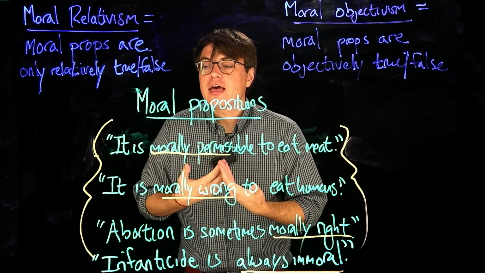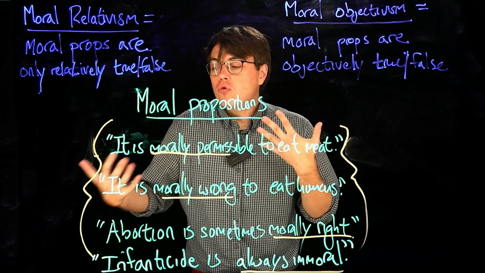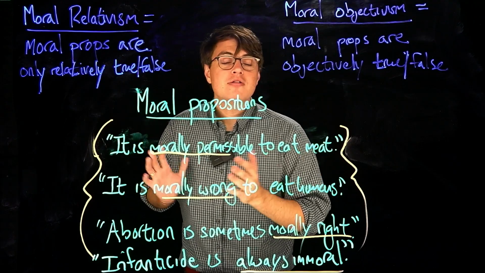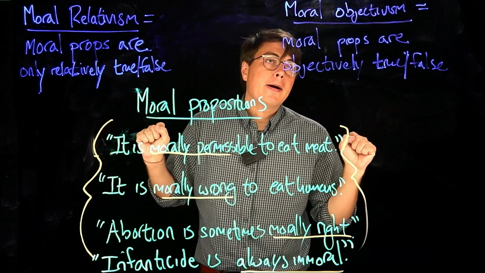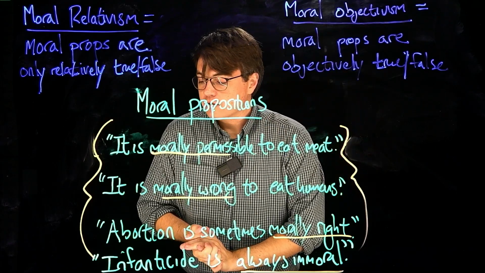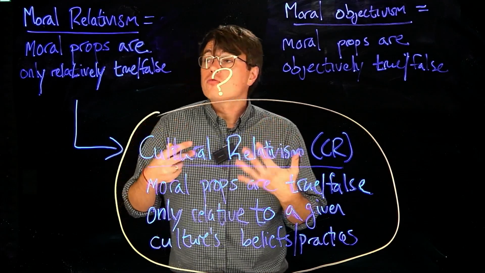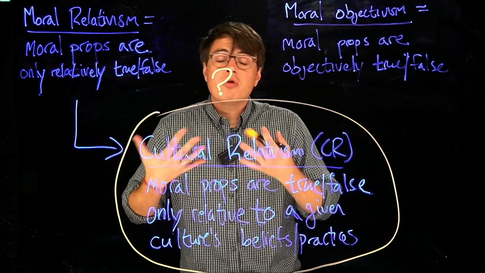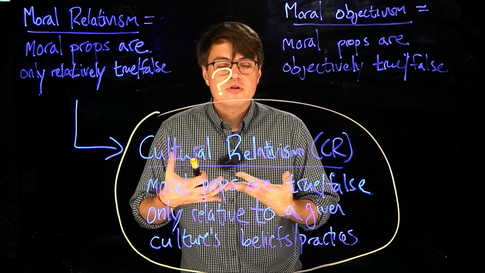You don't have to say, well, it's permissible for you, but not for me. Instead, it's either morally permissible, full stop, to eat meat or not. That is the debate between moral relativism and moral objectivism. Since moral relativism says that moral propositions are only relatively true or false, and for a proposition to be relatively